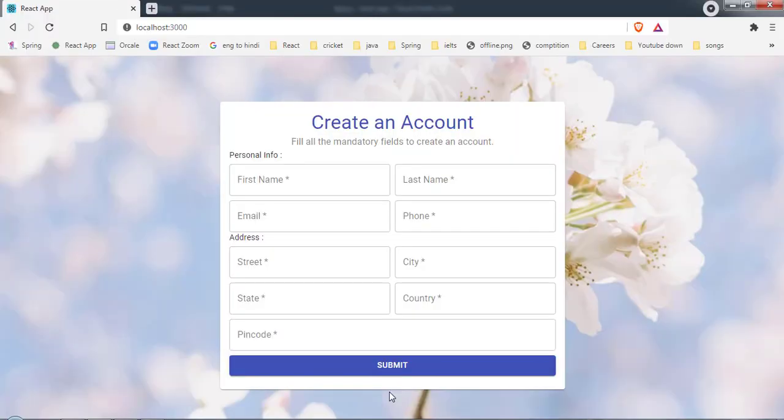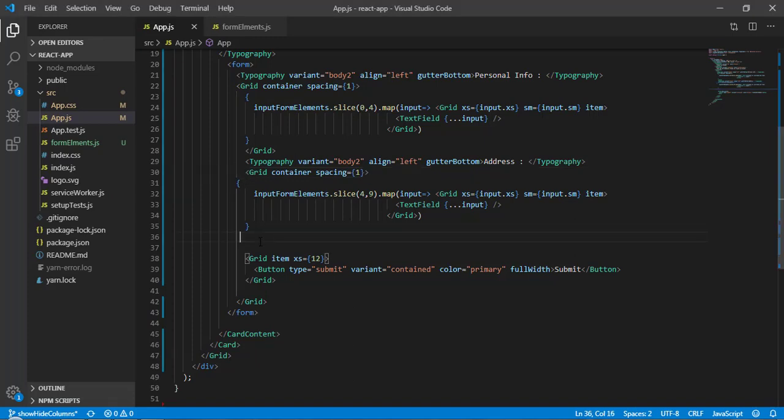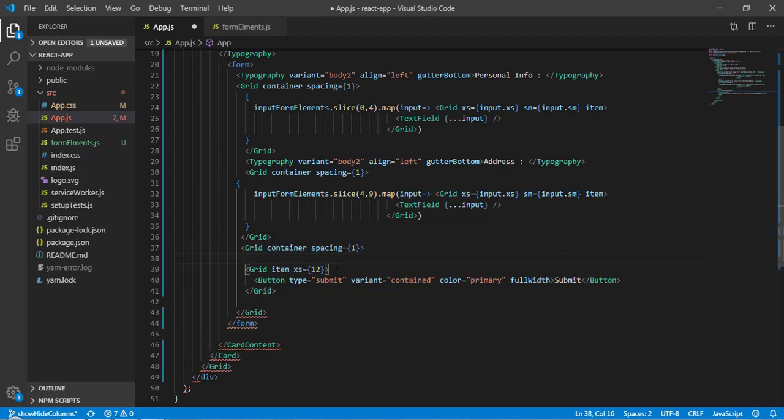Okay, so now we want an extra button, called reset, and we don't want submit to take the whole width. So for that, let's come back and close this grid container here itself. So grid, and let's create a container again below this, and we want it to take the whole width, and here I will define this property and I will remove the full width.